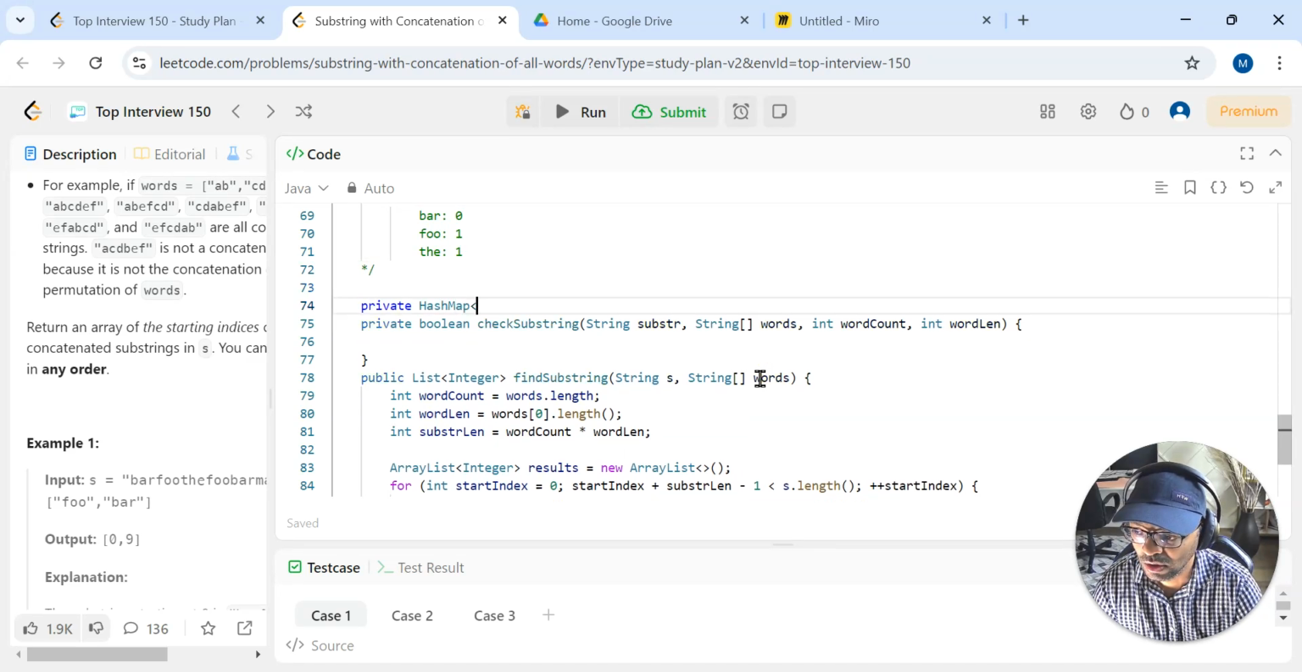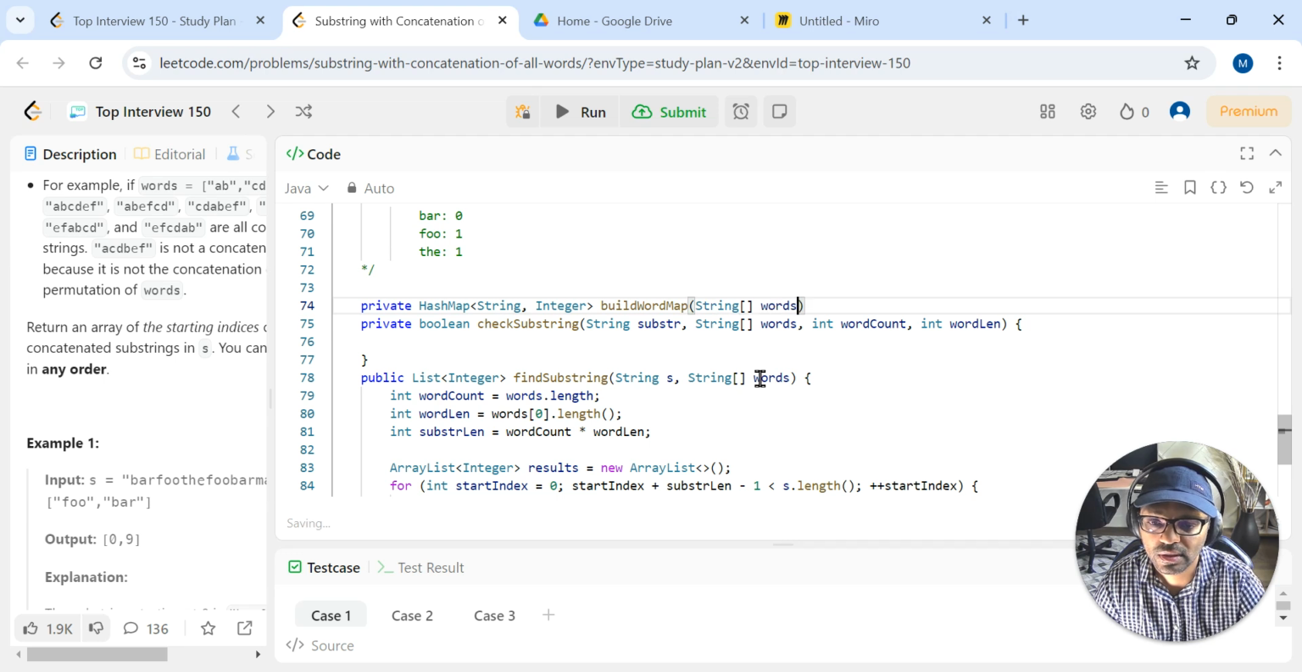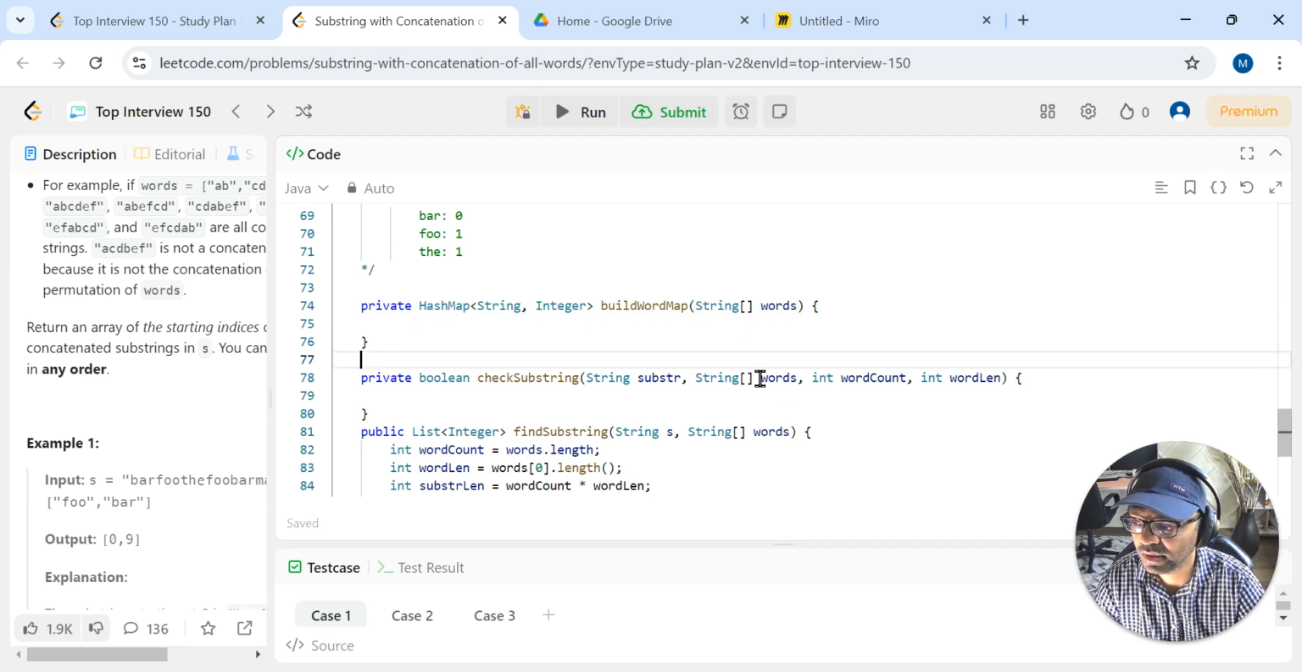Private. Okay, so this is the helper that creates a word frequency hash table from the words array. I think that is a better way to explain it. Let me just call it build word map, right? And all it needs is the list of words, and it will create a map, right? The key in the hash map is the word itself. The value is how many times it appears in the words array here. Okay, so HashMap of String comma Integer